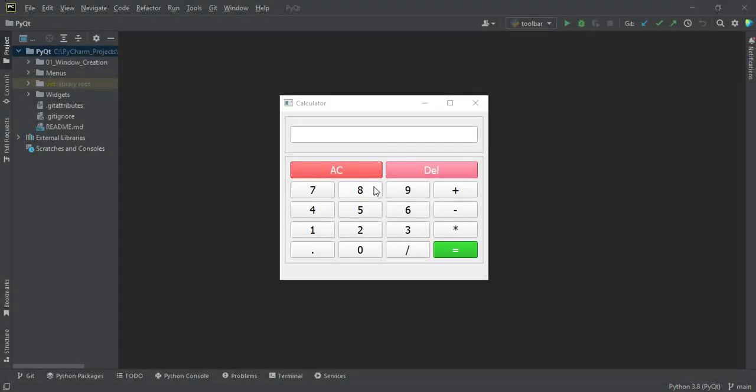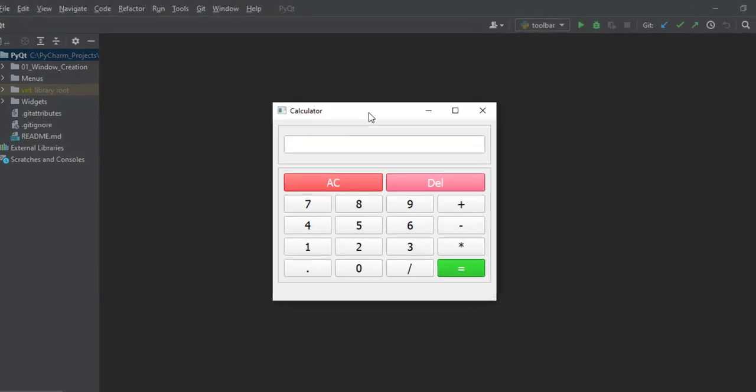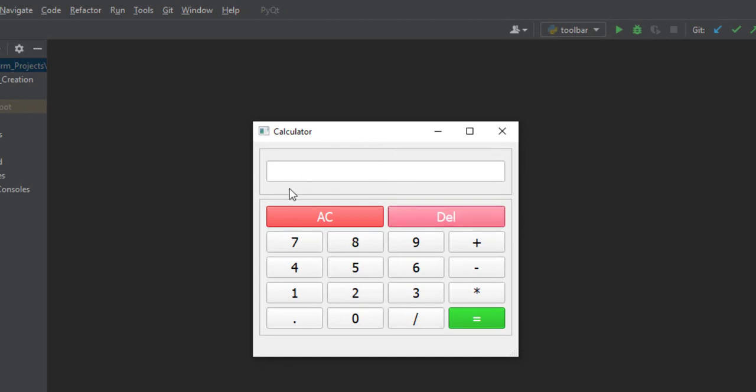Hello everyone, in this video we are going to build this graphical user interface calculator with PyQt5 using the Qt Designer and PyQt5 itself. So let us look at how it works. As you can see, we have numbers from 0 to 9 and the arithmetic operators also, with our buttons which are colored nicely. So I can just do 1 plus 3 and I'll press the equal button and I'll